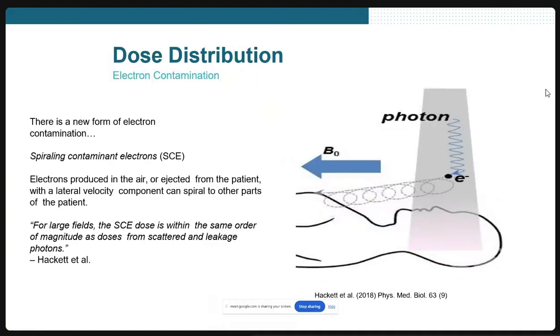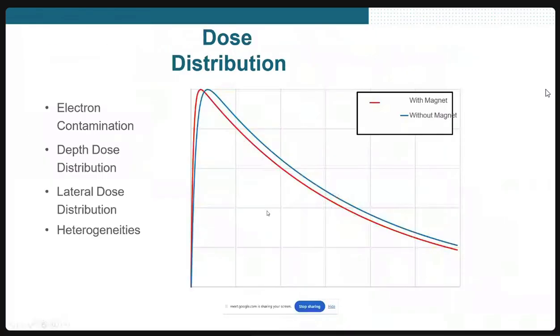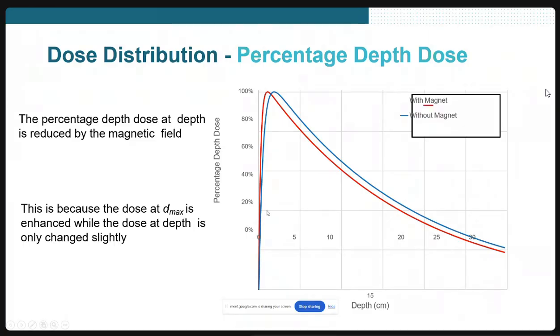Also, the penetration is lesser compared with the conventional beam. Another point to note is that the electrons coming out of the collimator may also get pulled by the magnetic field. So when you treat a patient with brain or head and neck, there is a possibility that electrons coming out may hit the patient's chest and deliver some dose. So what we normally do in such a situation is keep some wax material there so that it gets absorbed, because a small amount of 5 mm to 10 mm wax material close to the patient, outside the treatment area, will absorb these electrons so that they do not unnecessarily give dose to the patient. So these are certain things we have to be careful about when we do an